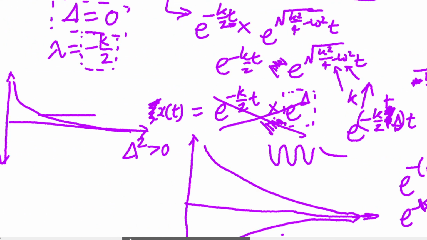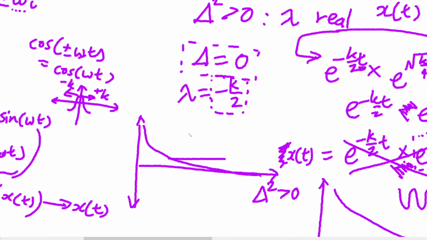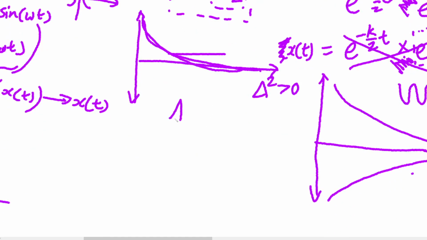Okay, it's plus discriminant. Good God. Okay. Lambda is minus k over 2 in the critically damped situation where it goes to 0 as fast as it can without overshooting. And the most interesting part of this is when lambda squared is less than 0, because again